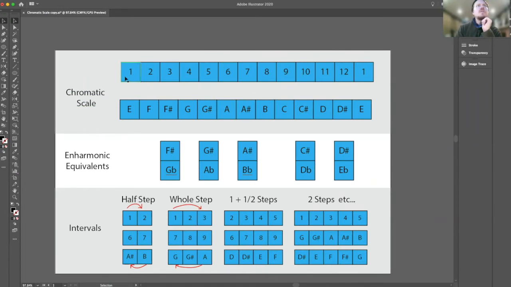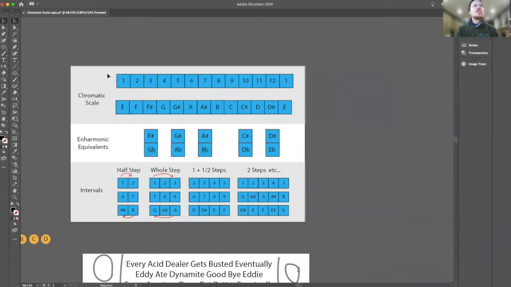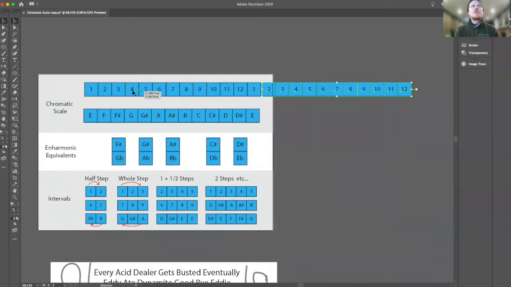The grouping of one cycle or one system, from 1 to 1, or 4 to 4, or 12 to 12, is called an